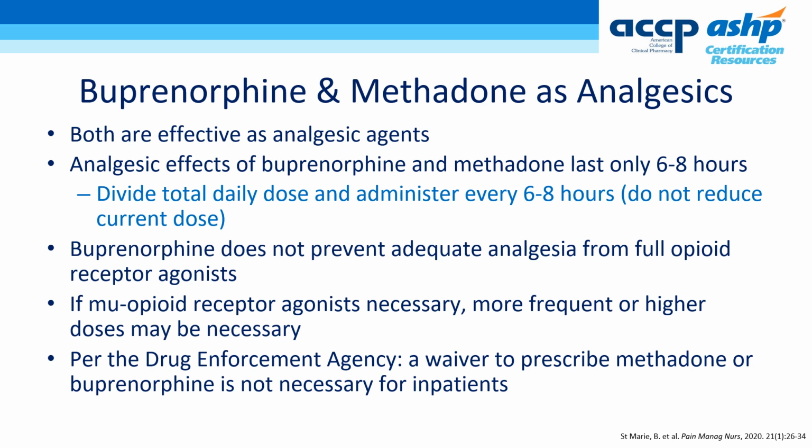As partial and full mu opioid receptor agonists, buprenorphine and methadone are analgesic agents themselves. Although these agents can suppress opioid withdrawal for 12 to 48 hours, allowing for once or twice daily maintenance dosing, their analgesic duration is much shorter, between 6 to 8 hours. Therefore, while managing acute pain, the current recommendation is to divide the daily dose and administer it every 6 to 8 hours to provide for more steady analgesic coverage. If the patient experiences pain relief with the divided doses, this does suggest to you that the pain is opioid responsive pain.